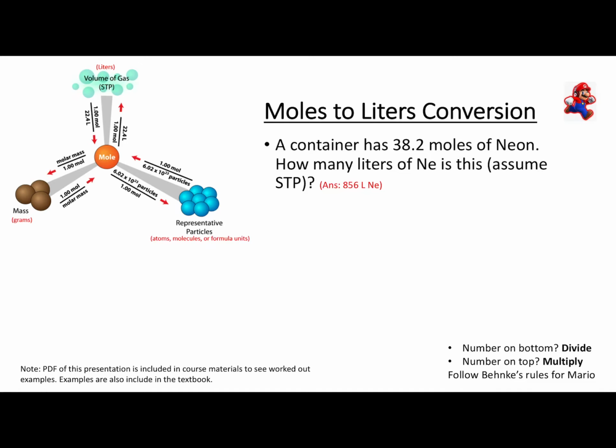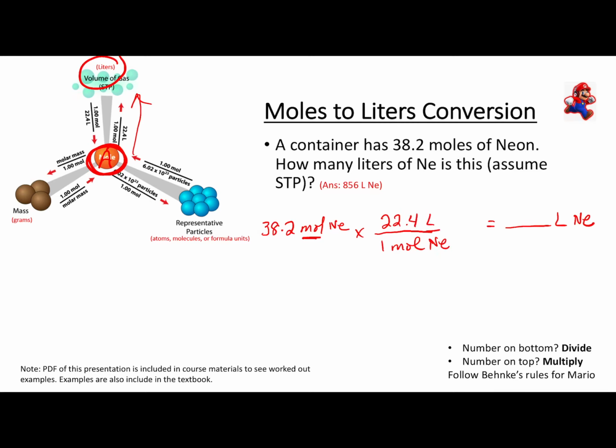A container has 38.2 moles of neon. How many liters is this? All right, so we look at what's given, moles, and that's where I'm starting. So this is my point A, and I'm going to liters. And liters is up here, so I have to follow this arrow. Now on this arrow, I have 1 mole of neon is